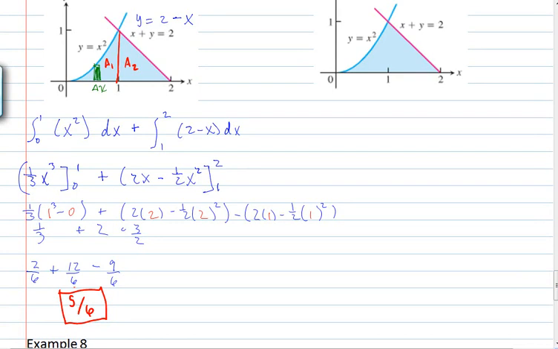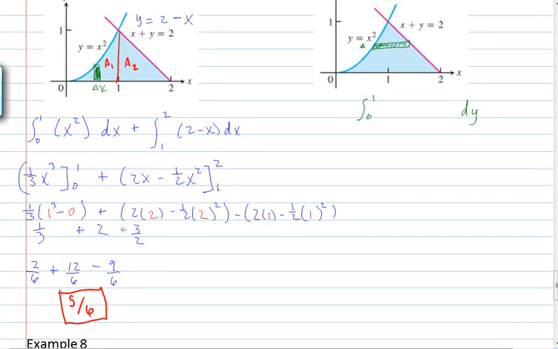In the next problem, we're going to solve using a horizontal representative rectangle, and now we're going to integrate from where to where? 0 to 1. Let me get this rectangle here. The y's are going to go from 0 to 1. So when we set up this rectangle, we're going to integrate from 0 to 1. And we do the right-hand function minus the left-hand function. But because this is a dy,